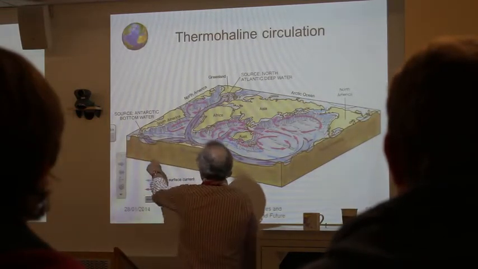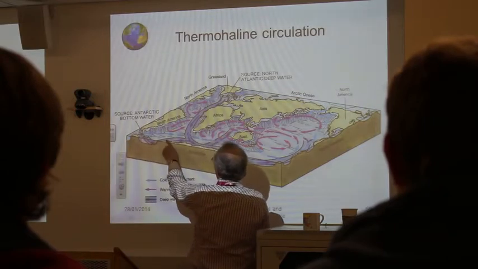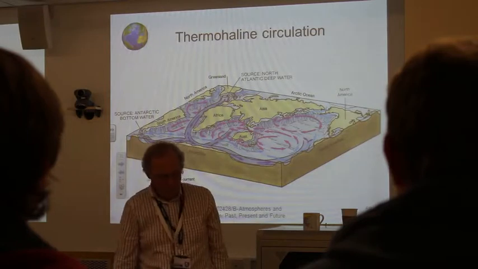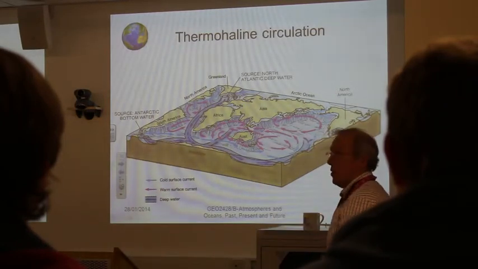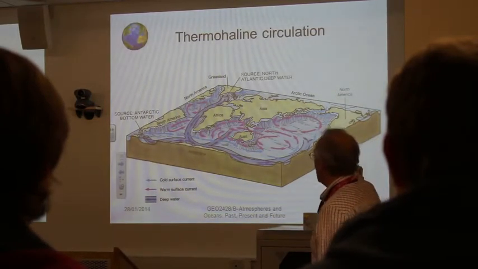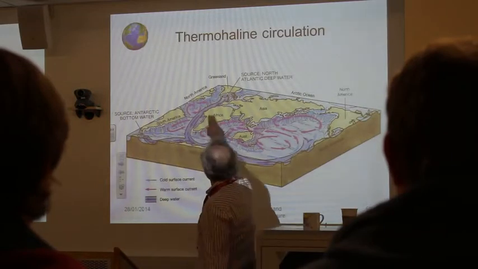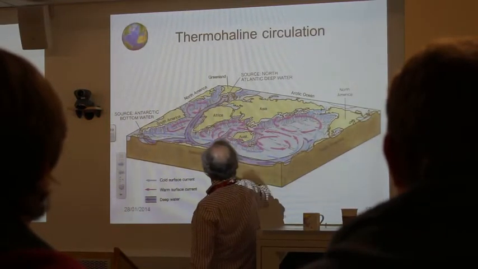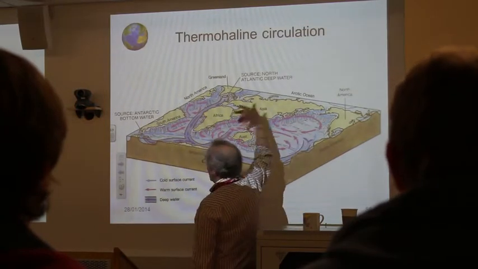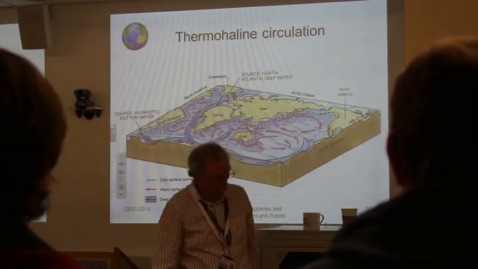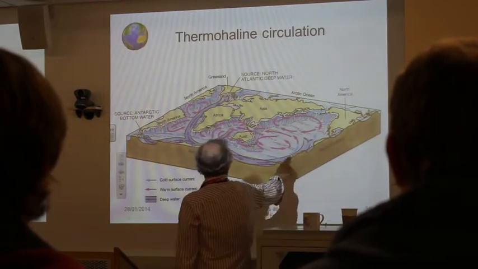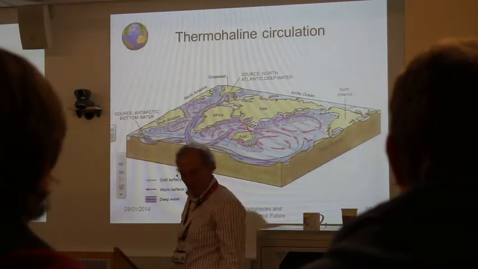The same is true here. Antarctic bottom water is forming and then going out into the circumantarctic current and travelling around and eventually probably joining up with the Atlantic water, going into the Indian Ocean, into the Pacific, and then becoming part of upwelling currents, especially where you've got upwelling taking place off Peru,